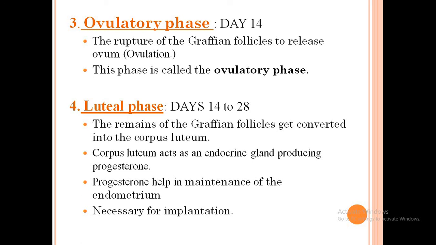And during this stage, the corpus luteum forms the corpus albicans. And this corpus albicans, children, does not produce progesterone. And that is a signal: when the corpus luteum starts degenerating, the level of progesterone decreases, and this is a signal for the formation of a new menstrual cycle. Got it, children? So, just mark down these 2 phases. First is the luteal phase, second is the follicular phase. It is important for the exam.